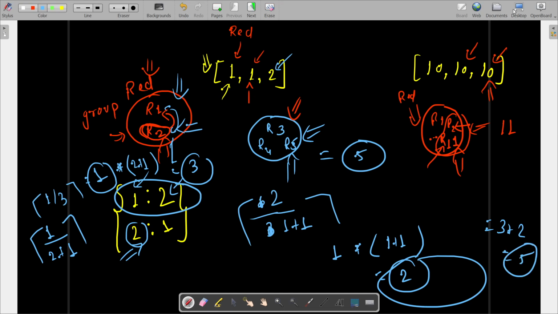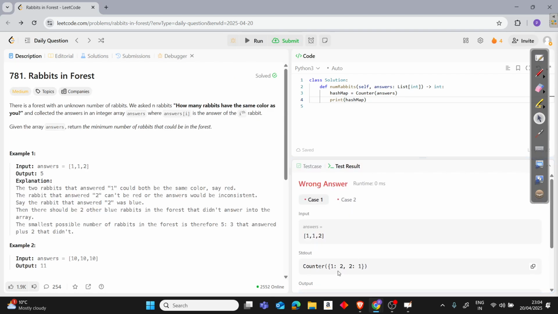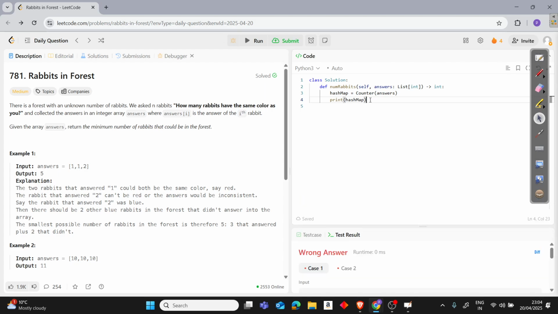So we'll quickly code it out. Let's have the hash map or the frequency map, and we will use the inbuilt Counter. So it will simply calculate the hash map. Let me show you, if you don't get it, how it looks. Let's print it. So you can see 1 occurs twice and 2 occurred once. Okay, now just iterate over this hash map for both keys and values. So for key, value in my hash map dot items,